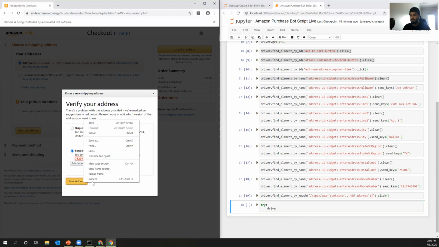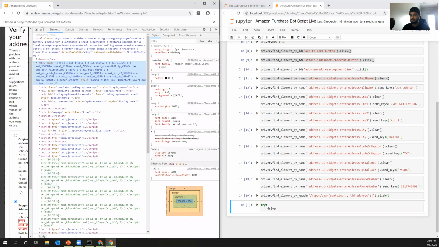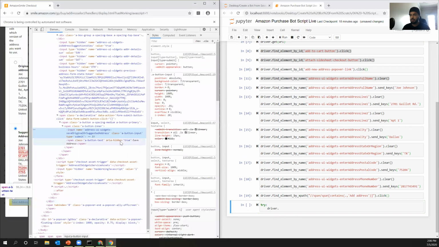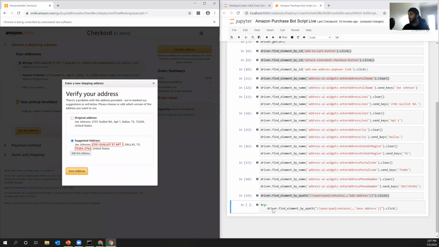So in here, let's go ahead and hit inspect again, and hit inspect one more time. So again, it's similar to what we saw in the add address button. So I'm just going to copy this and find element by XPath again, and instead of add address, it's save address, which is this value right here. And it is case sensitive, so keep that in mind. So I'm going to say that if this pop-up comes open, then go ahead and hit save address. Otherwise,